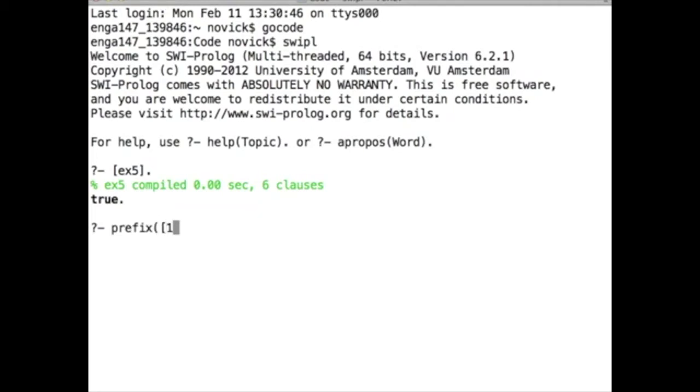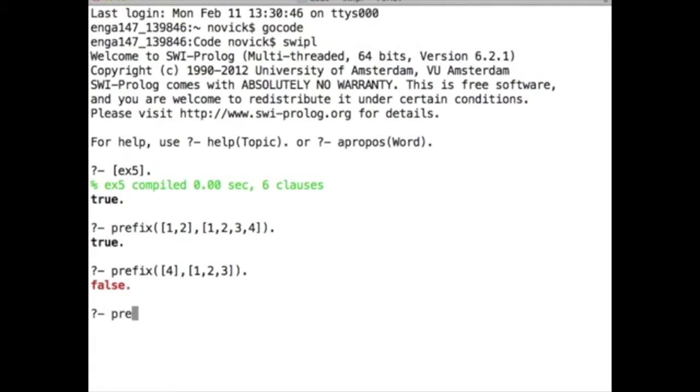So if I say prefix 1, 2, 1, 2, 3, 4, we think this should return true. Oh, by golly, it does. All right, what about this one? And sure enough,